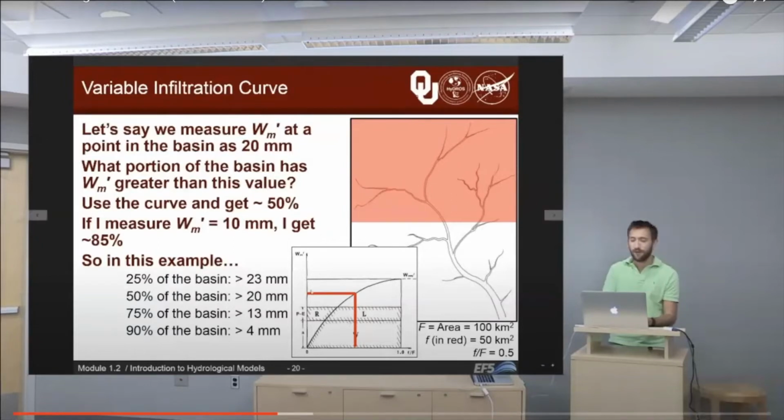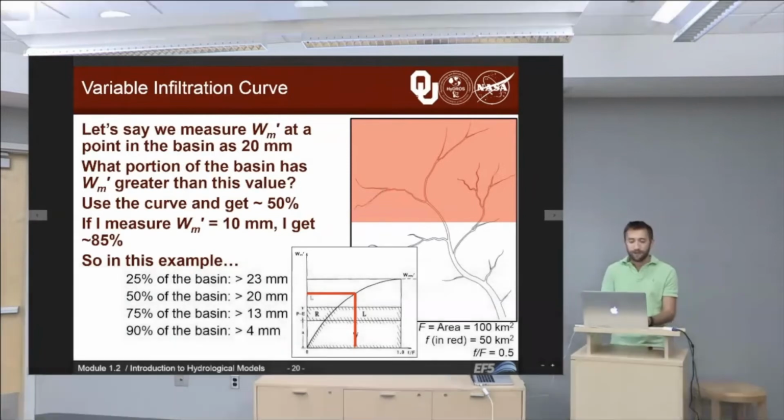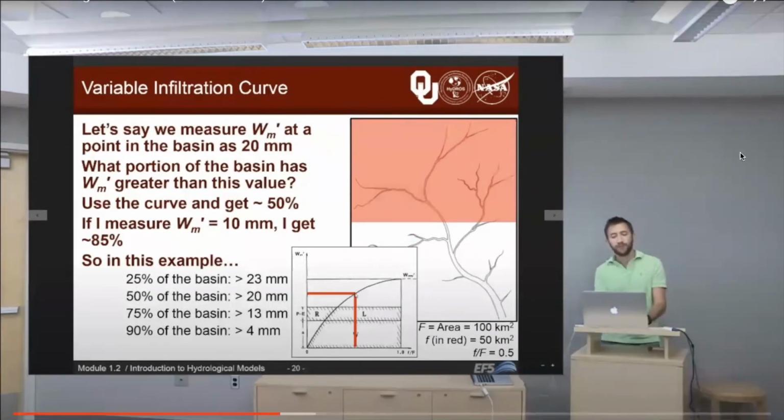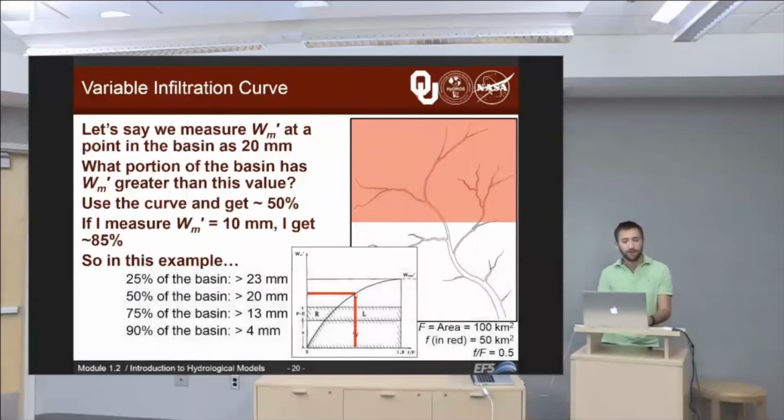So you want to follow the horizontal red line on the figure, and you're going to go straight out horizontally from the edge until you reach the curve. And we want to answer the question, which portion of the basin has a Wm prime greater than that value? So if I use the curve and I go straight down,